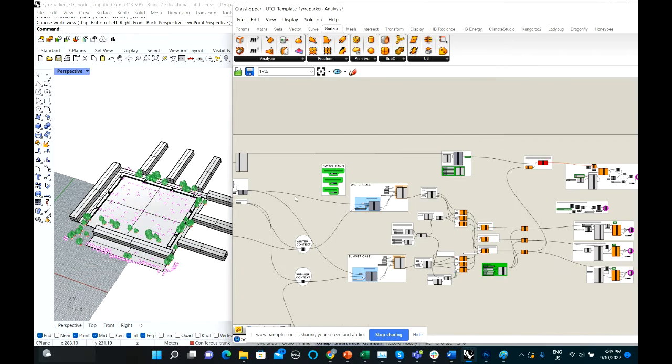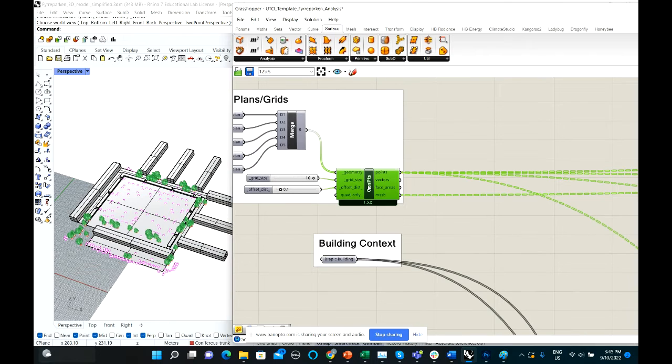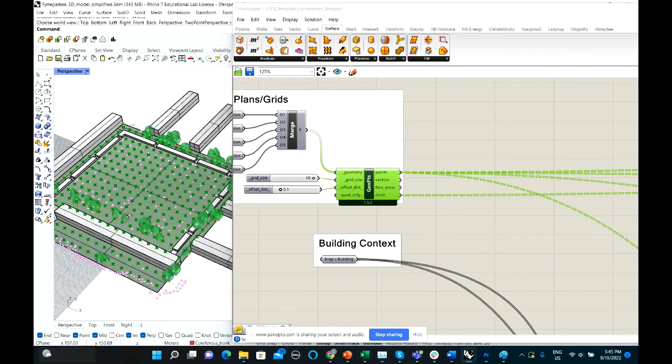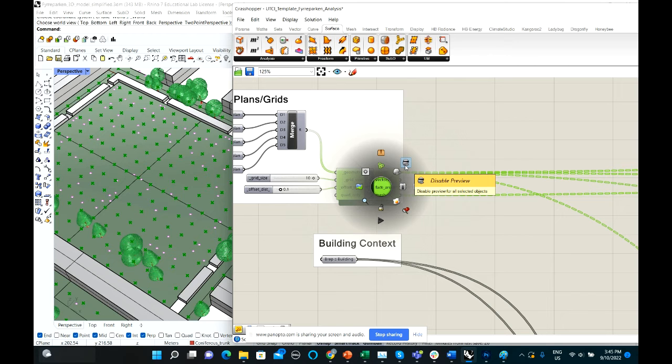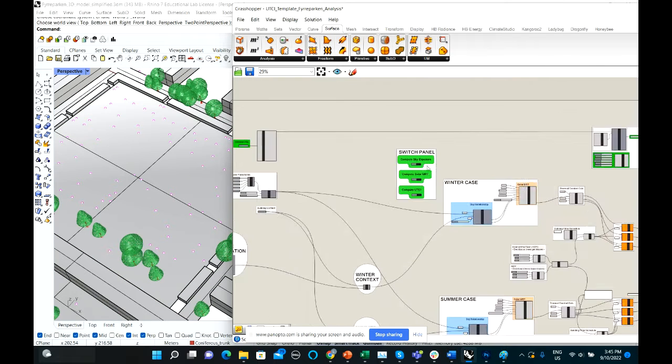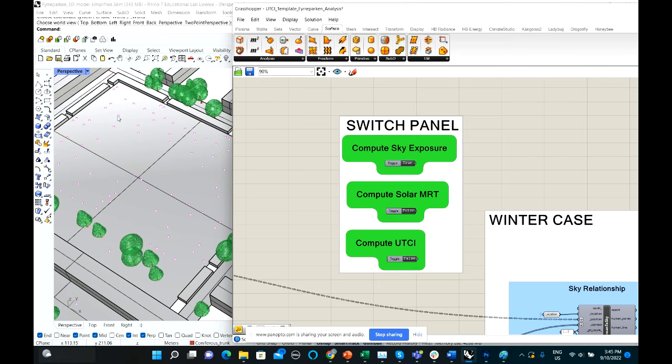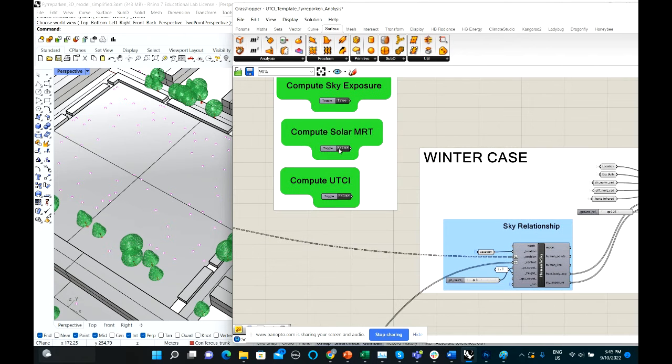which are here. If you want to see the analysis points, I'm just going to turn this on for you to see them. It's the green ones, these ones here. It's a grid spaced in each of those analysis planes 10 meters by 10 meters, okay? There are 268 analysis points. So you compute the sky exposure, how much of the sky each point is seeing, okay? Then knowing that,